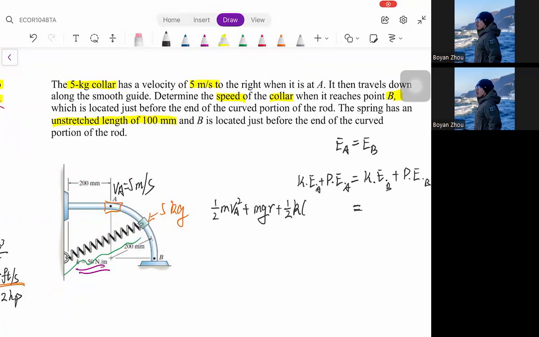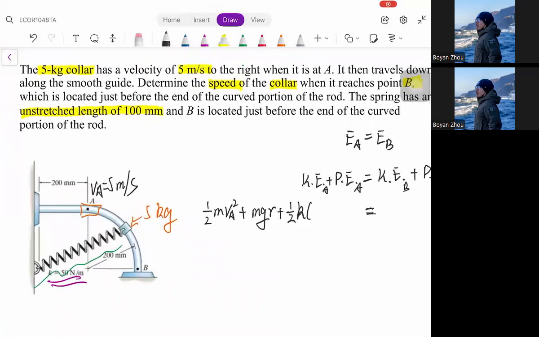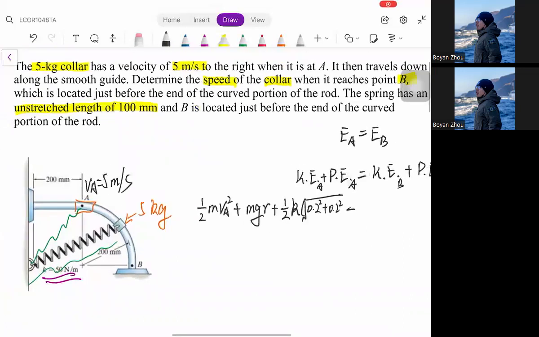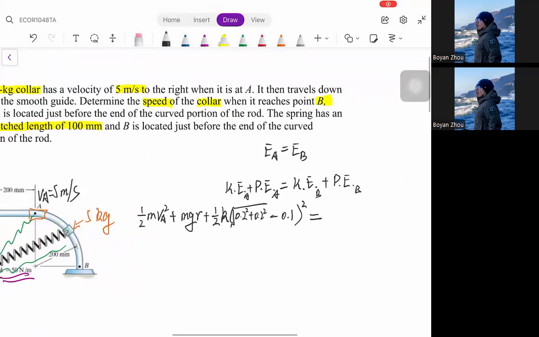So the length of the spring when the collar is at point A is going to be the square root of 0.2 to the power of 2 plus 0.2 to the power of 2, minus the original length of the spring, that is 100 millimeters, so 0.1 meter, to the power of 2